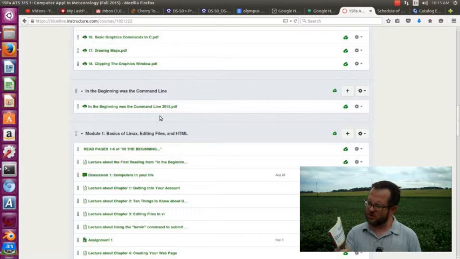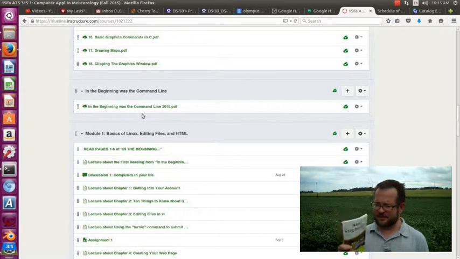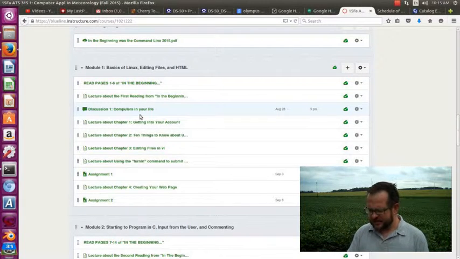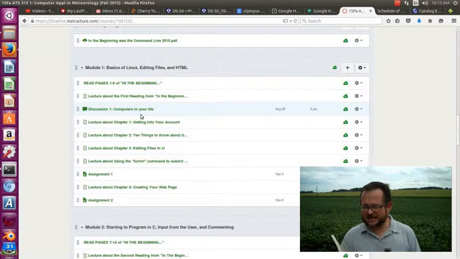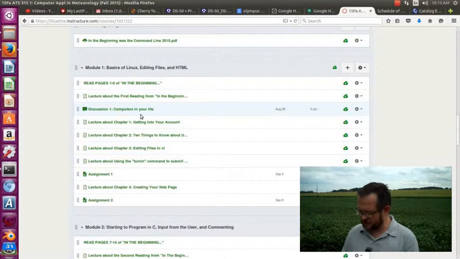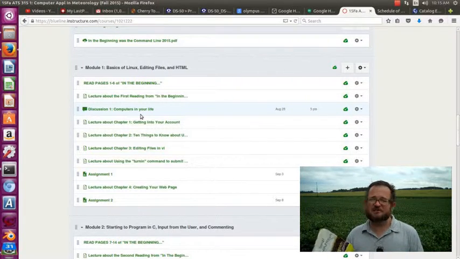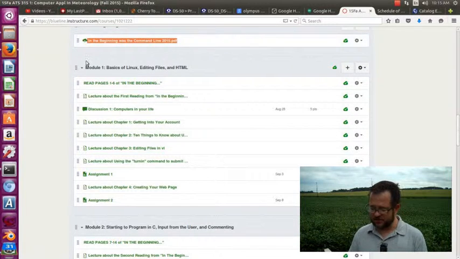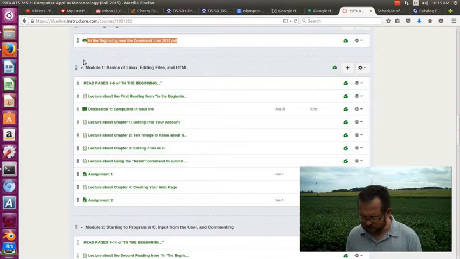This is all before Android and iOS and iPads and all that kind of stuff. The rise of Google Chrome OS and things like that. He doesn't have any of that stuff in here. That's actually good. It'll be really interesting for us to take this book and his ideas and figure out what did he have right and what did he have wrong about how the computer market would be changing and so on. This book's out of print, but that's okay. The whole PDF of the book is available to you at the top of the page there on Blue Line as well. It's called In the Beginning Was the Command Line.